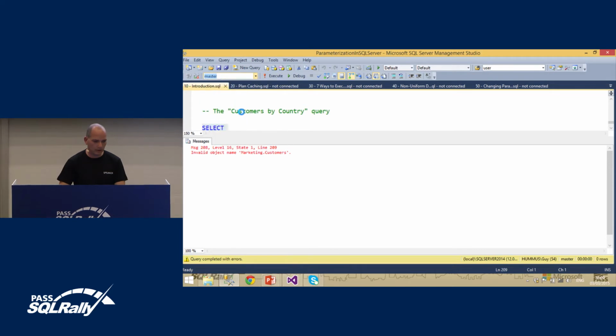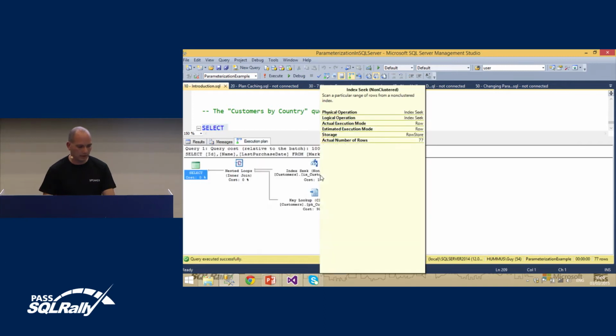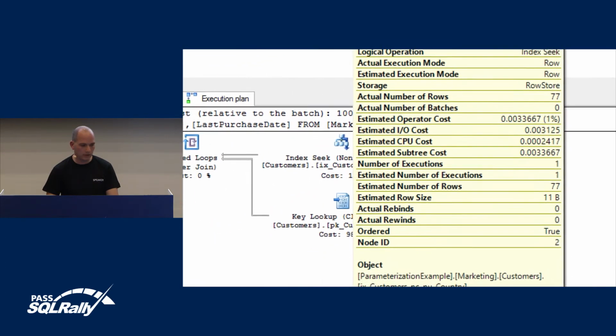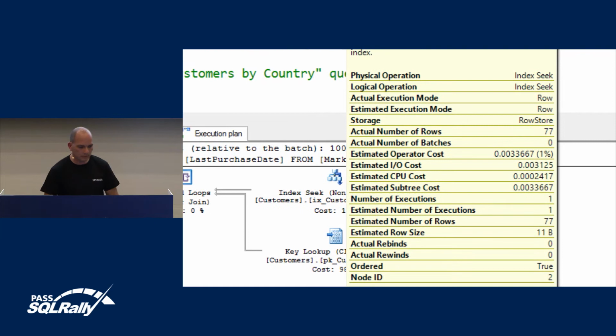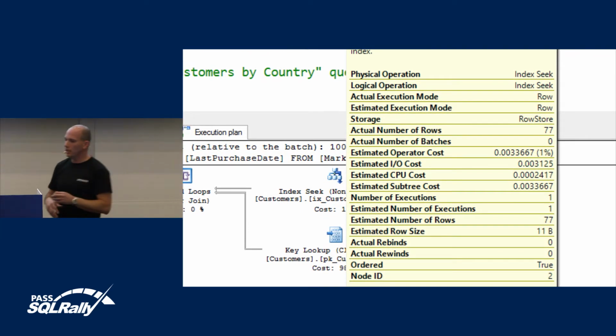Let's go to my database. It returns 77 rows in this case. Let's look at the execution plan. We get an index seek on the customers table. I have an index on the country column, right? And I want to show you